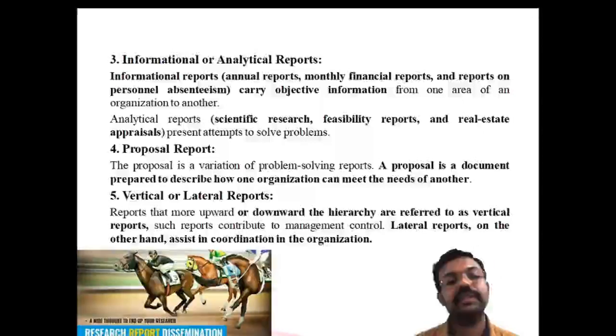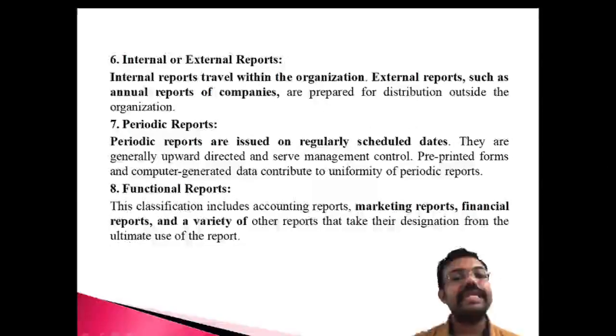And the sixth one is the internal and the external report. Internal point of view and external point of view. Internal means within the organization. Suppose you're preparing reports within the organization for the team, that is known as an internal report. An important example: suppose your organization is preparing the cash flow statement and the fund flow statement. From the management accounting point of view, this information is necessary for the organization. That's within the organization, so it is part of the internal report.